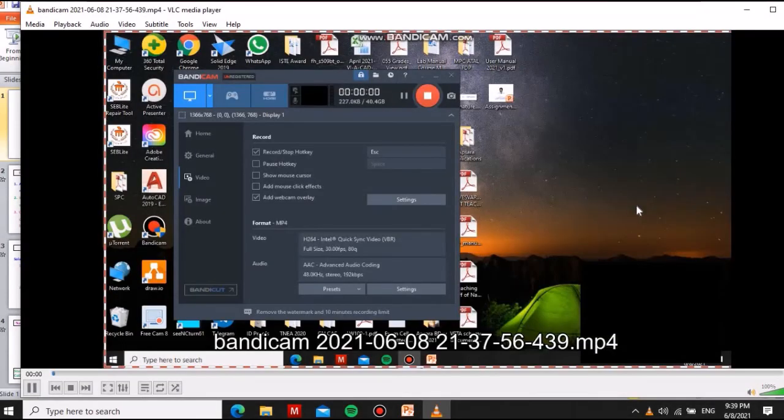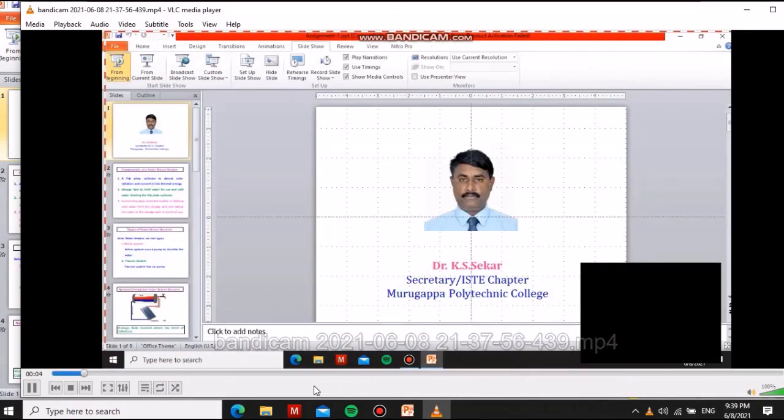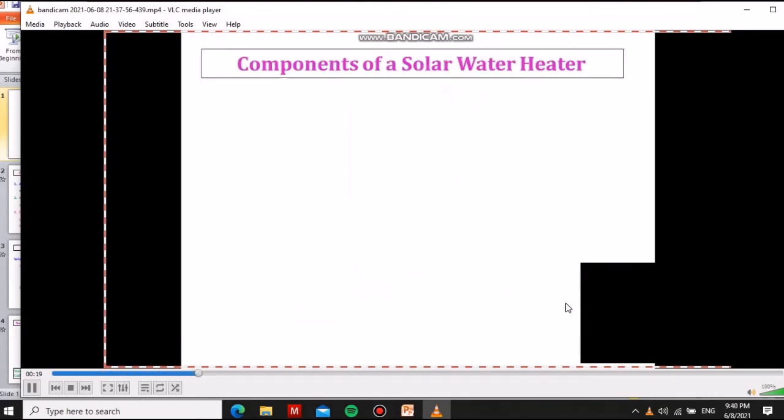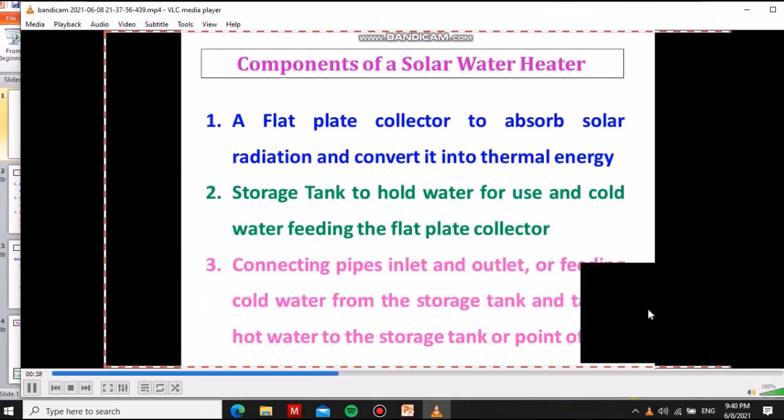Here you can see that the bottom right side is your webcam overlay. Since I have closed the webcam area, it is in black color. If you open your webcam area, your face will be visible here.